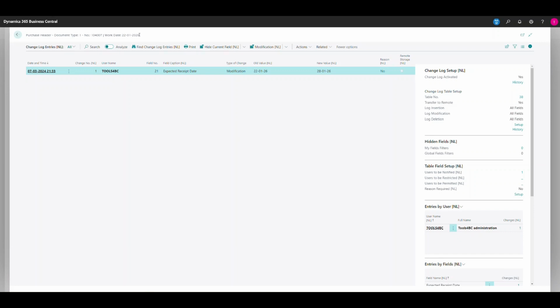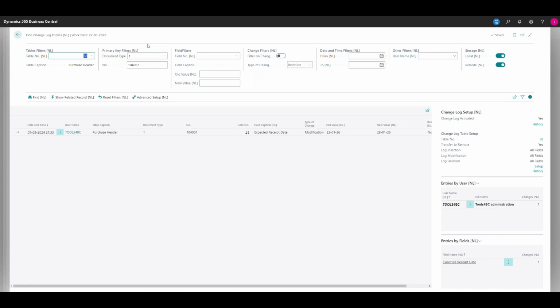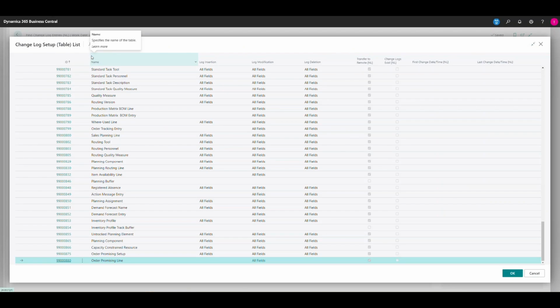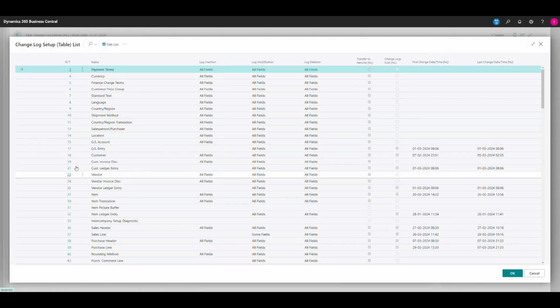Okay, another way it could be used, let's try to search for something else. It could be, for example, that I would like to know if any items have been created or any payment terms have been created on a sales order. So let's try to search for another table. In this case, let's start with the sales order and see how that looks. So if I take table 36,